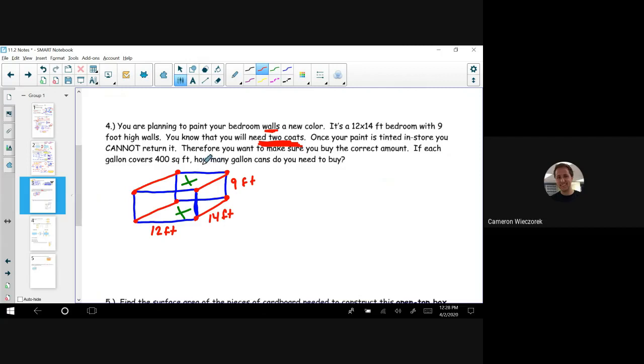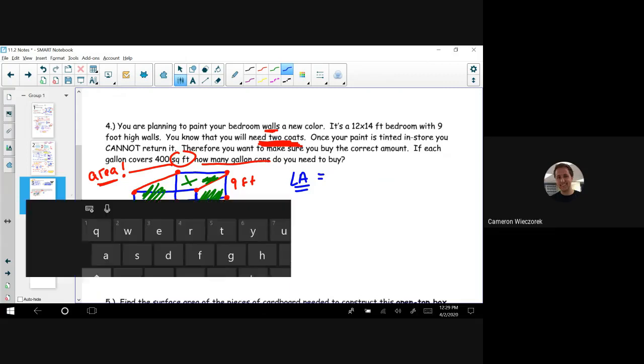In order to figure that out, one thing I noticed is they're talking about square feet. And that makes me think area. So I'm going to have to figure out how much paint do I need to cover the left surface, the right surface, the front surface, the back surface, okay? But not the top and bottom. So what am I concerned with in this problem? I only care about the lateral area. It means no ceiling, no floor. Lateral area of a prism